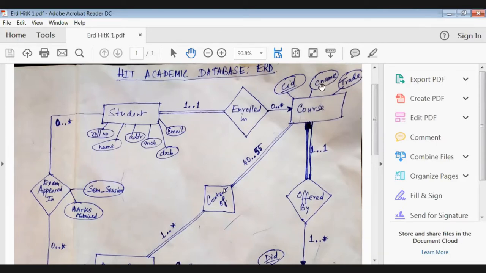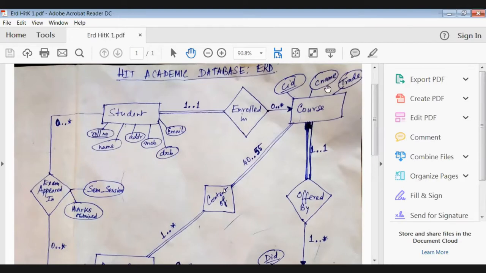And course name and trade are what? Course name is, suppose, BTech or MTech, and trade is BTech in VLSI, MTech in VLSI, or BTech in this, BTech in that, MTech in multimedia and software system. Like in the EC example, MTech is the course name, MTech in VLSI, so VLSI is the trade.